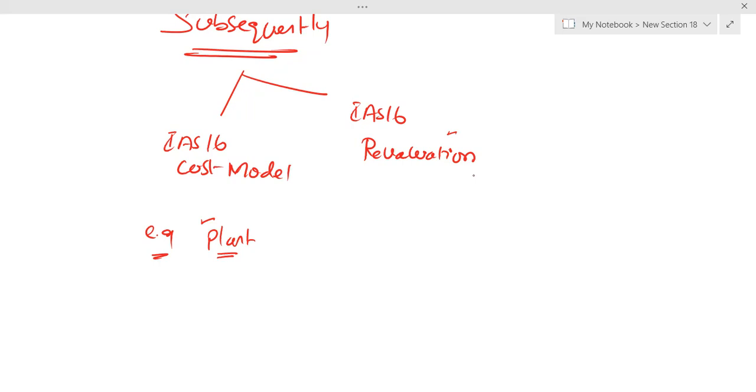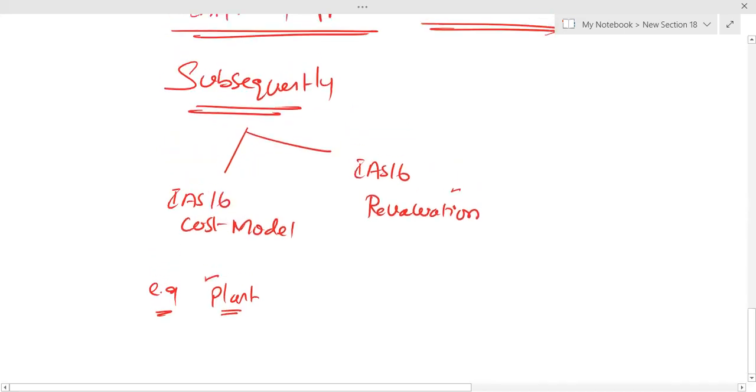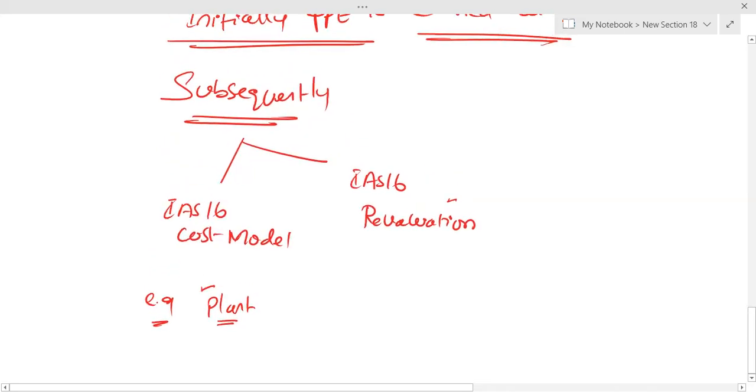Another concept is that changes from the cost model to the revaluation model, or from the revaluation model to the cost model, are treated as a change in accounting policy. Whenever IAS gives you a choice, either to go for the cost model or the revaluation model, the word choice means it is your accounting policy. Accounting policy gives you the right to choose, the right to opt. So changes between cost model and revaluation model, or from revaluation model to cost model, are a change in accounting policy, and a change in accounting policy is applied